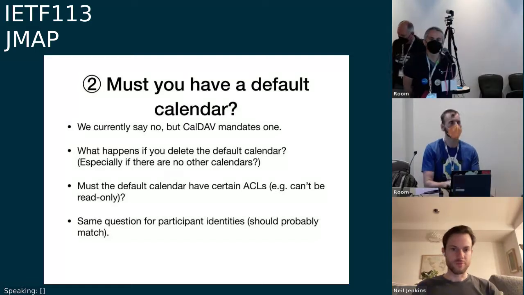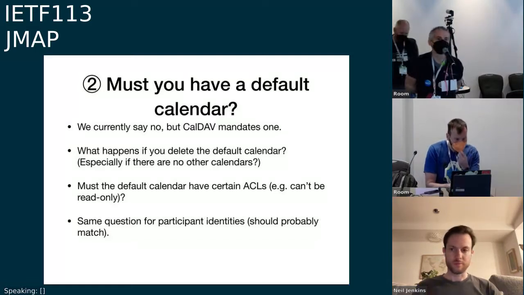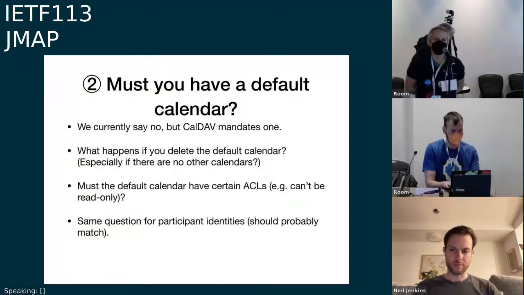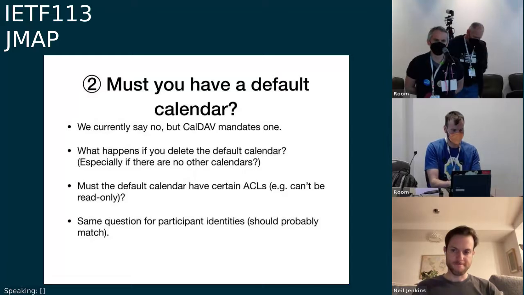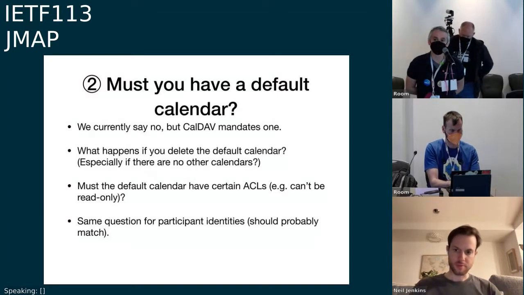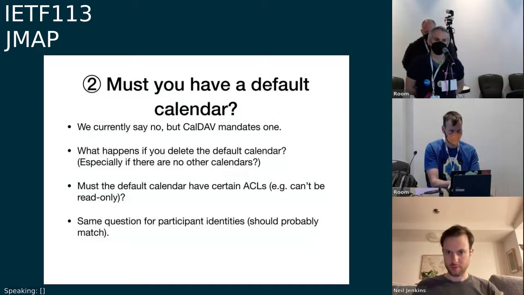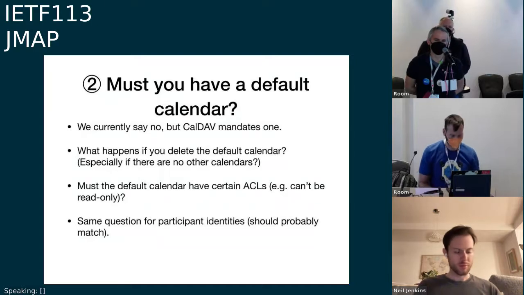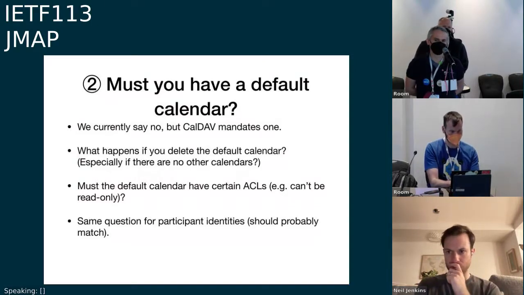Anyway. All right, this is Hans-Jörg again. One more point: I'm also in favor of definitely having a default calendar, because I'm not aware of a single other system that doesn't have that. Some systems, groupware systems and so on, even only have the default calendar. I also wonder, from a UI perspective, if there were no calendar, what would the UI display? Would it need the user to create a calendar first? I think that would be very weird.